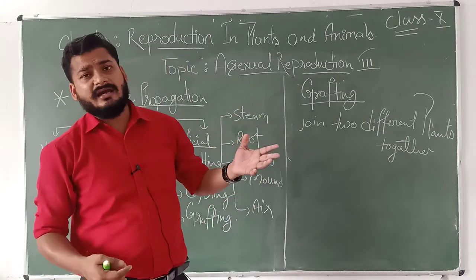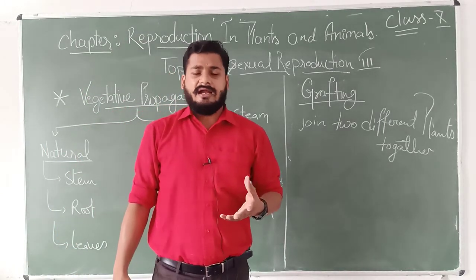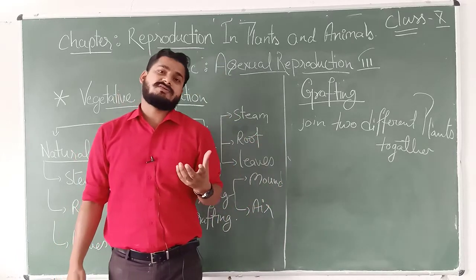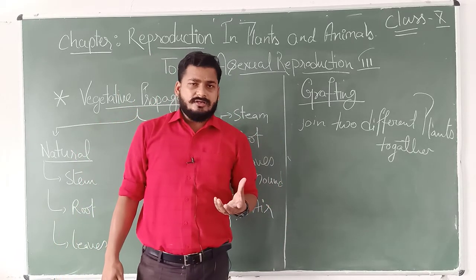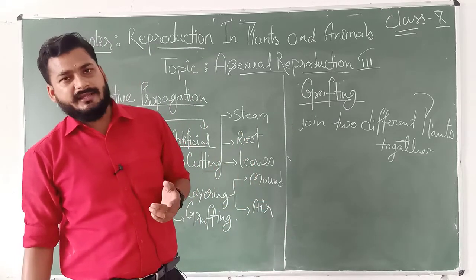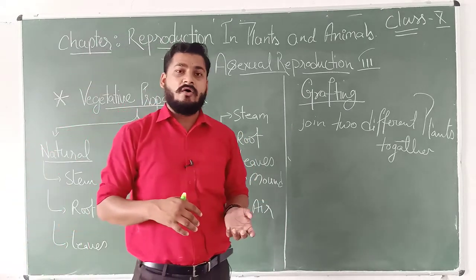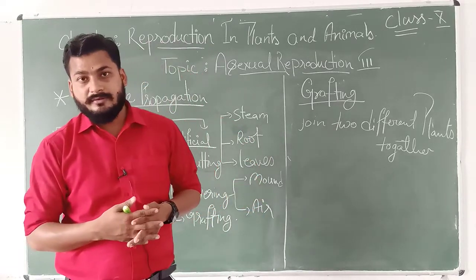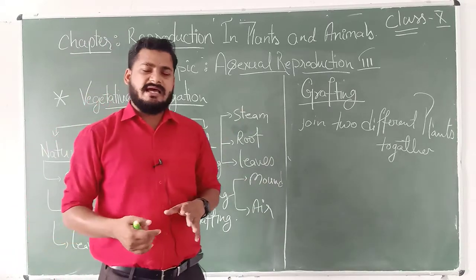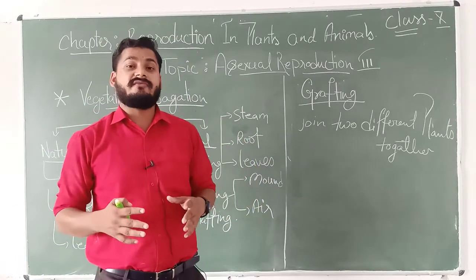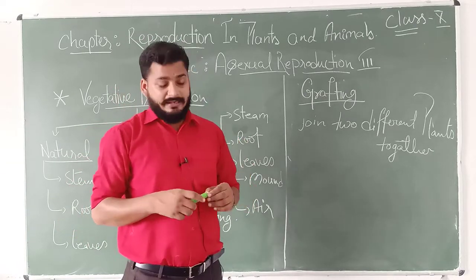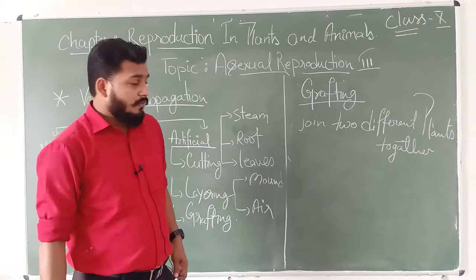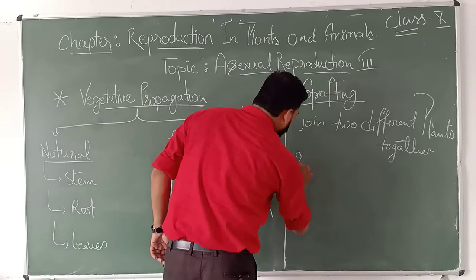Though this is highly a hit and trial case. Hit and trial means first we do it and then we try to find out what results we get. Because two plants which you are joining, what matches with each other, what characteristics come in the new plant, we are not sure about it. But we practice this as a hit and trial method, and we have got a lot of good results by this process.